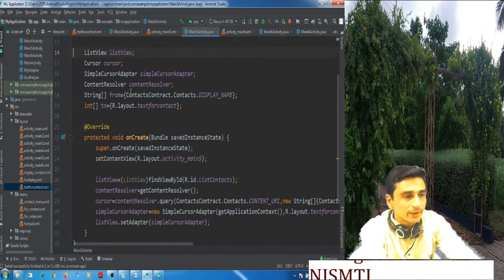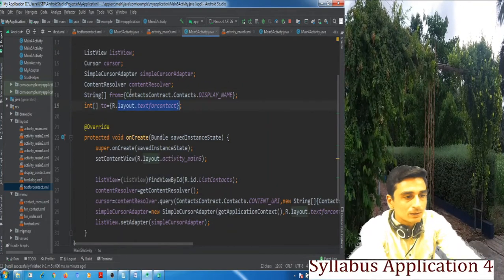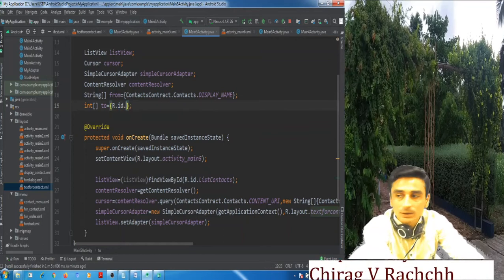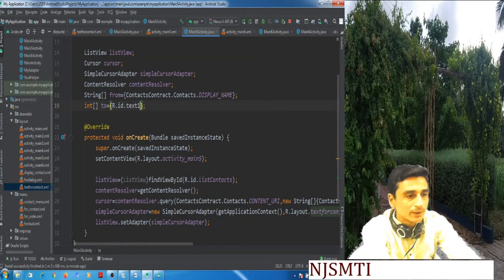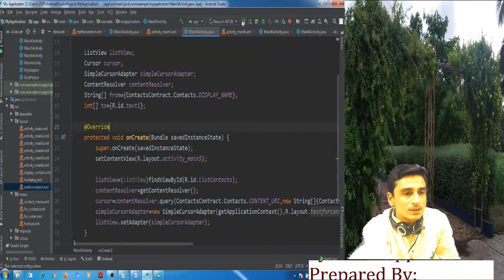And in activity 5 here, R.id.text1. Okay, now let's check it again.